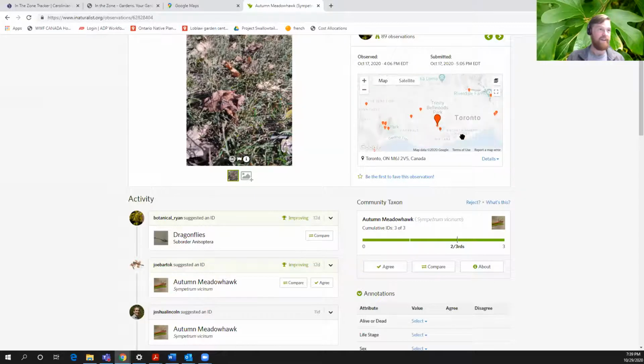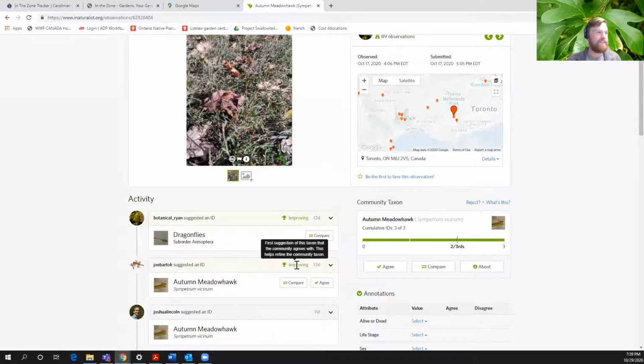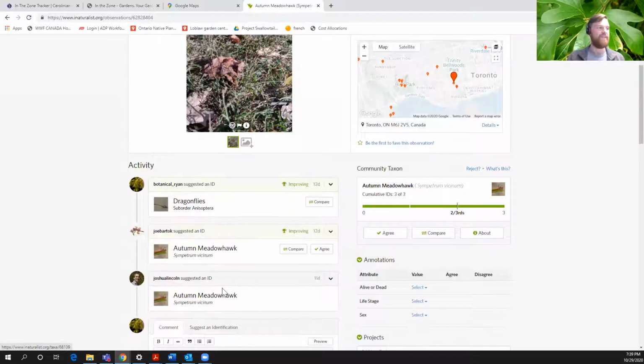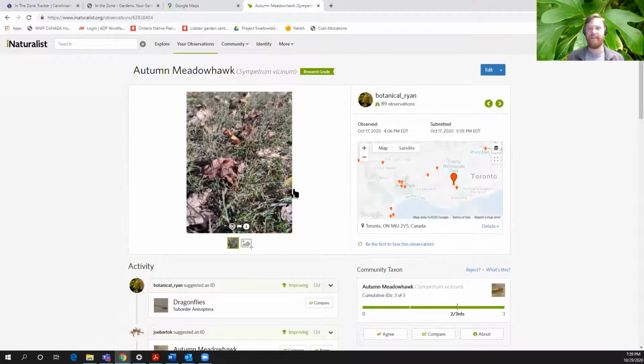And then not only that, but you can see now other people who have indicated the presence of autumn meadowhawks. So actually you can see mine here in Trinity Bellwoods is like the first in almost its whole area. And there's a few in High Park, there's a few up here. So you can really add to a database here. You're improving the community by doing this kind of thing. So I just think that's really, really cool that I, with my phone just sitting in the park, got to learn a new species, and I also got to contribute to a big database. So I want to show you how we do that.